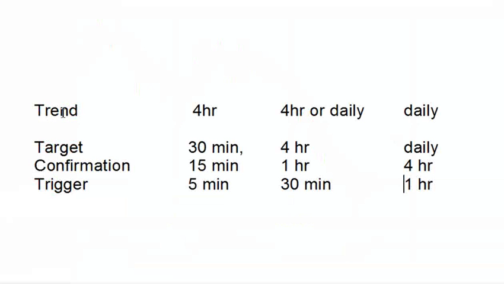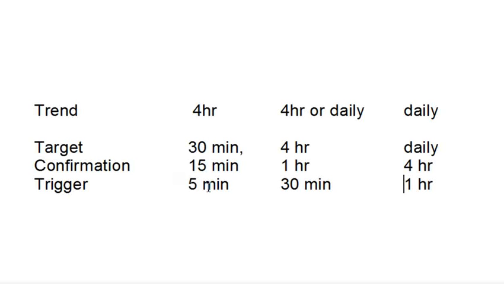So here we have an example of what we're talking about, the groupings of time frames. So first of all, you want to find the trend on a larger time frame. Usually the 4-hour for the smaller time frames. For the mid-range time frames, the 4-hour or the daily, and for the larger time frames the daily is what you want to use to find the trend. Then you have a target time frame. That's the main one, or your larger time frame you're looking to be trading in that direction when it goes up and down, up and down. When it's going in the direction of that larger time frame, then that's confirming that you're trading in the direction of a major trend. And then you confirm that on the 15-minute, and you enter on the 5-minute